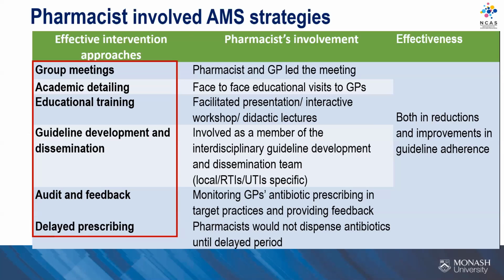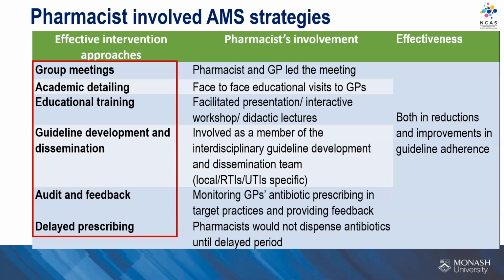Very briefly, the GP-pharmacist collaborative group meetings for academic detailing, educational training, the development of local antimicrobial guidance in collaboration between GPs and pharmacists or local experts, and the audit feedback strategy,